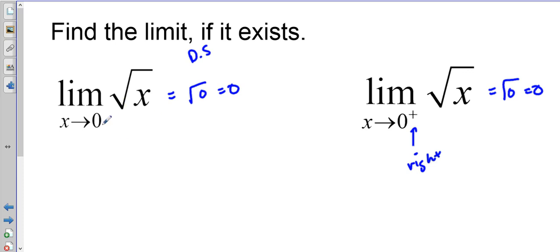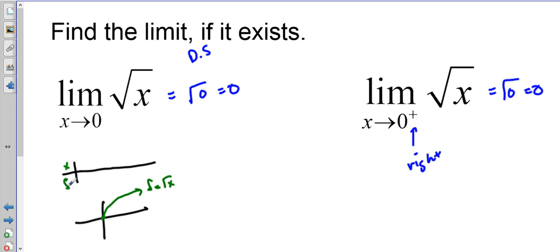Well, essentially, if we were to do a table, and it's kind of easier if you just know what the square root of x looks like. If I were to graph that, the square root of x is actually a function that looks like so. If you actually plugged in values into this function, and we said this was f equals the square root of x, so I'll put in f right here. And so if we plugged in values, we realize that as we get closer to 0, to the right side, yes, to the right side,